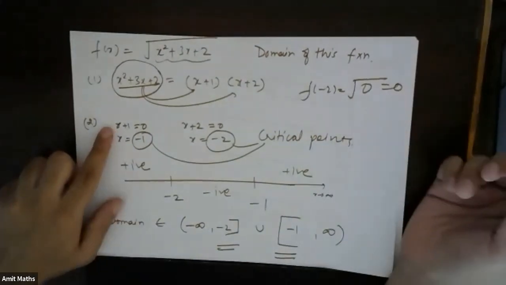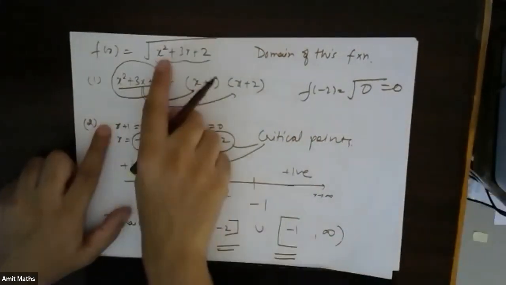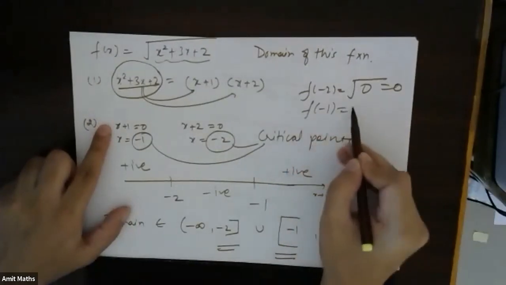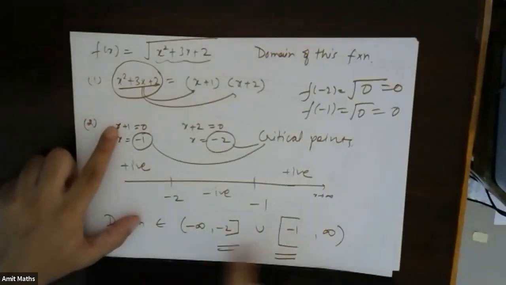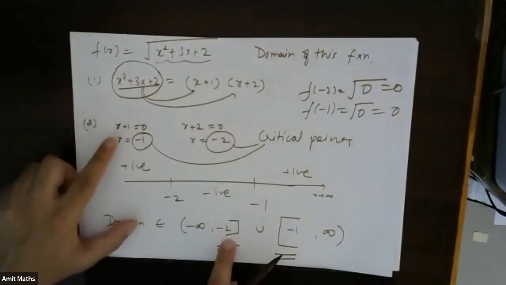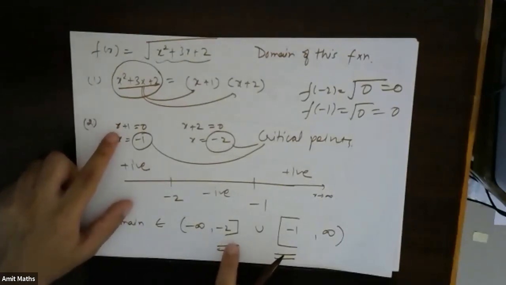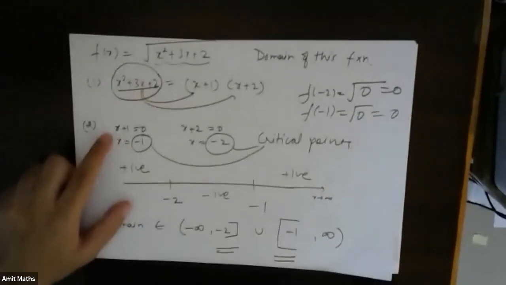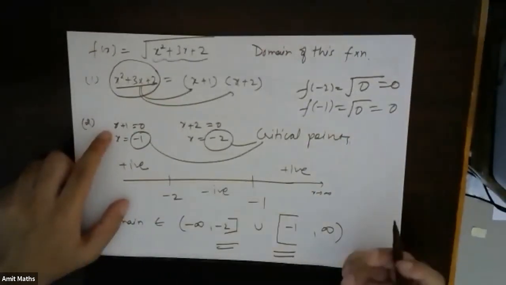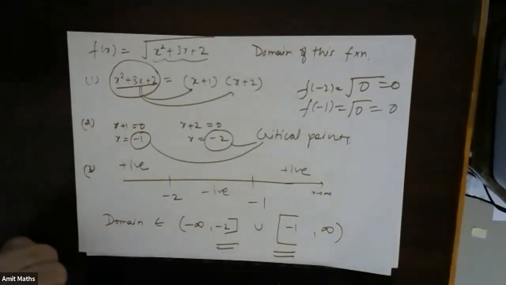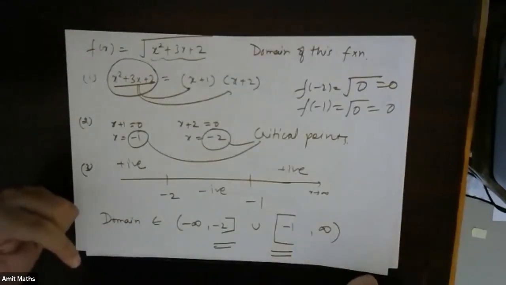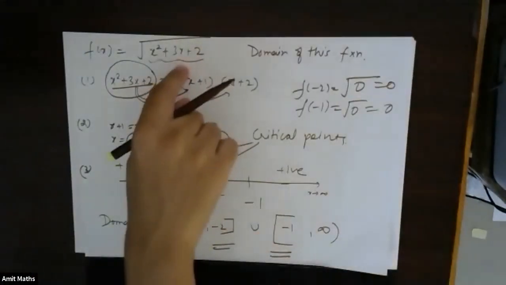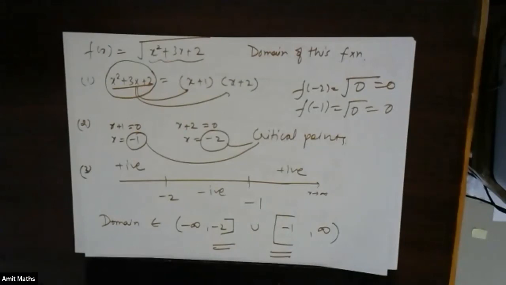It is defined. It is okay. If I substitute minus 1, f of minus 1 is under root of 0, which is 0. It is defined. So I just check the critical points. If critical points are defined, then I will take them in the domain. If critical points are not defined for that particular function, then I will exclude them. We will see in some questions where critical points will be excluded. It is not that we will always take critical points. But in this particular case, when I substitute critical points, I get 0, and I'm perfectly fine with equal to 0 also.